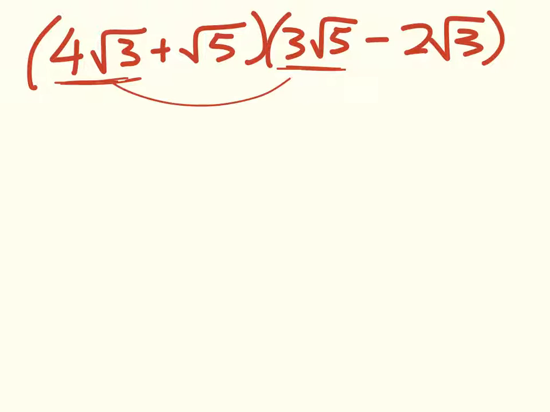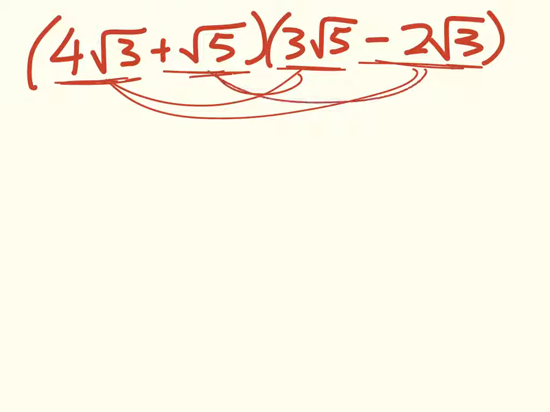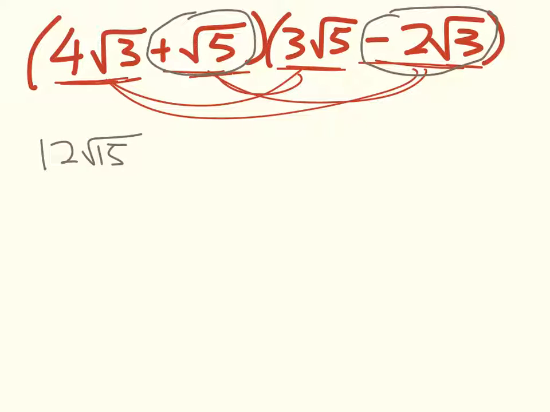So we're going to multiply those 2, then those 2, and those 2, and then those 2. And we're always going to remember that the sign goes with the following number. Okay, so we're going to have 12 root 15 from this one and this one,